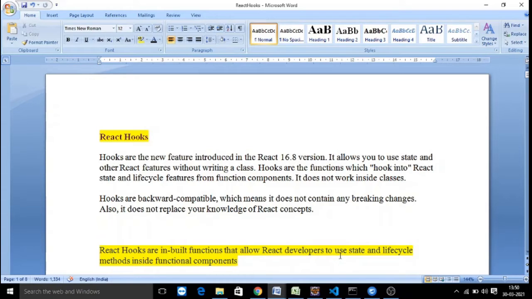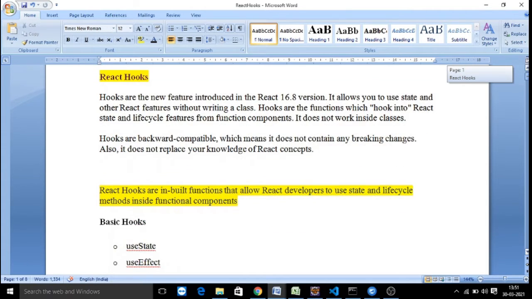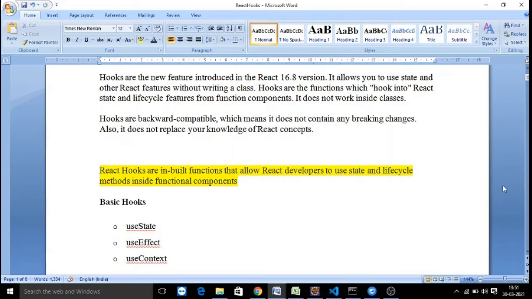So in the class components, as we have already seen in the various examples, we used to write a constructor, declare the state parameters, initialization, and write many lifecycle methods. That lifecycle methods implementation can be simplified by using React hooks. They are also backward compatible and can be integrated with the early features of React applications. So every React hook is nothing but a built-in function.